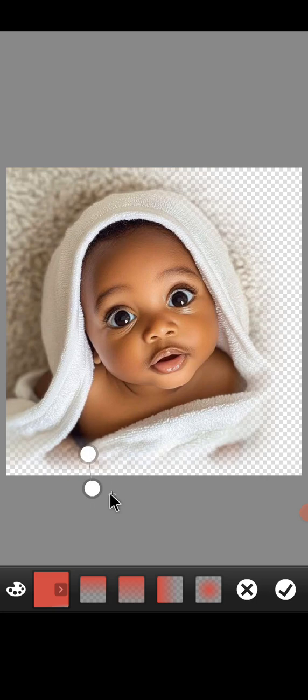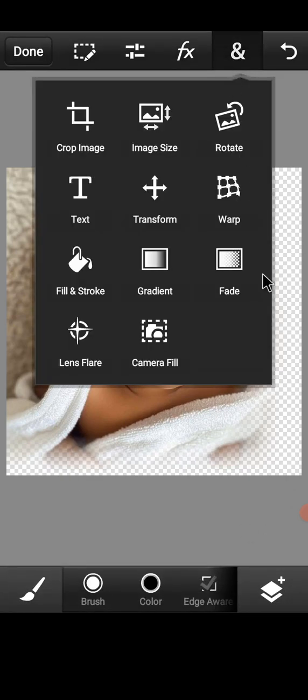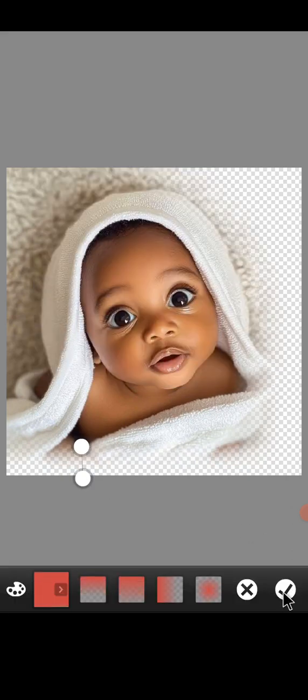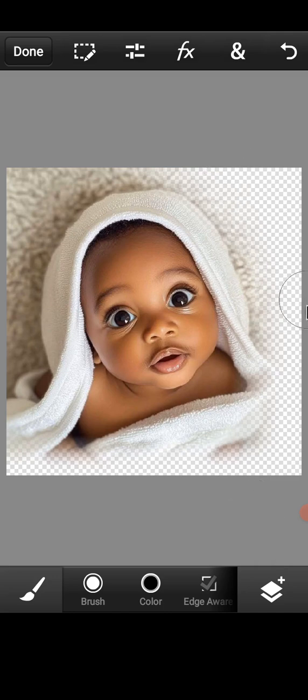Make sure you take your time when you are brushing your model image. OK, come back again and OK. So this is what we are having. Now when you are done with brushing this portion of your model image, you have also brushed this, you can just click on your check mark,